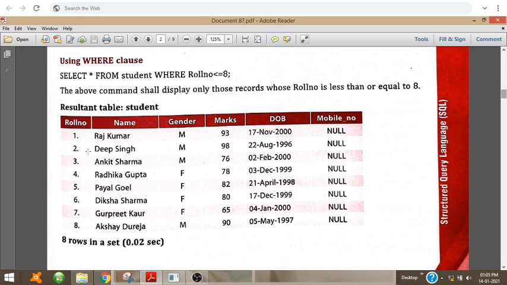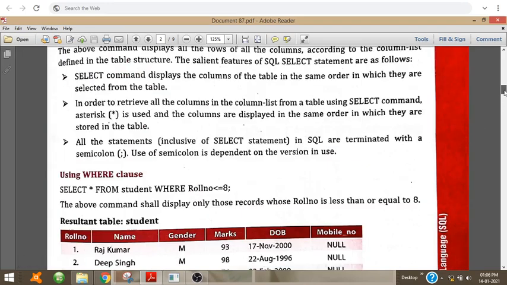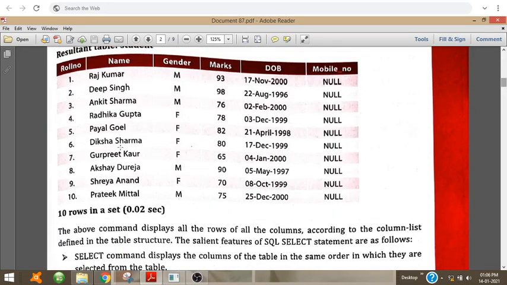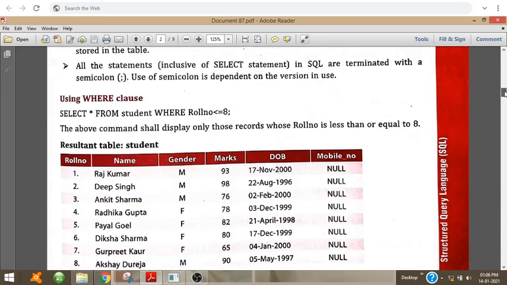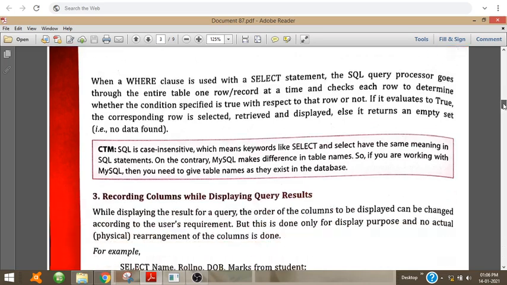So it will retrieve all the rows whose roll number is less than or equal to 8. So the output will be like this: all the rows are retrieved from 1 to 8. In total there are 10 rows, and only rows where the value in the roll number column satisfies the condition will be selected.